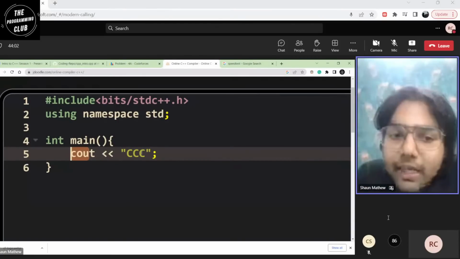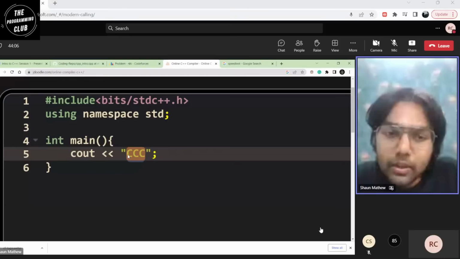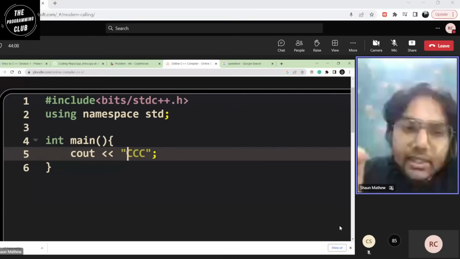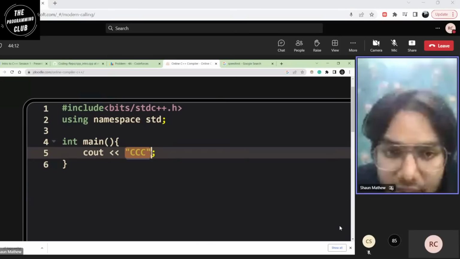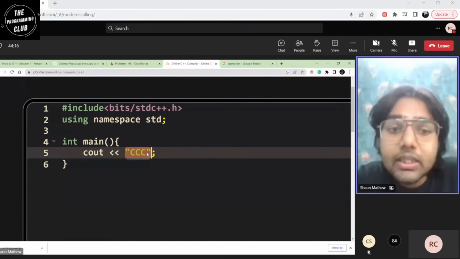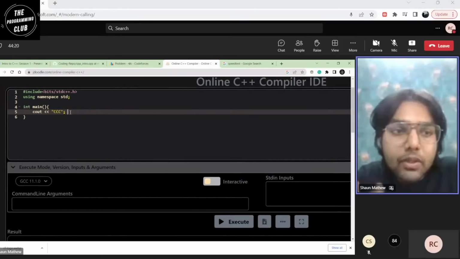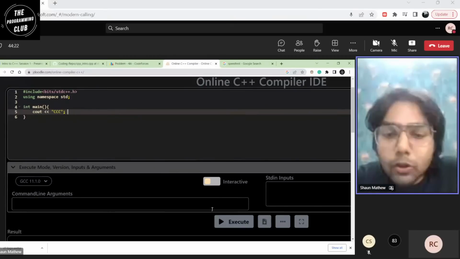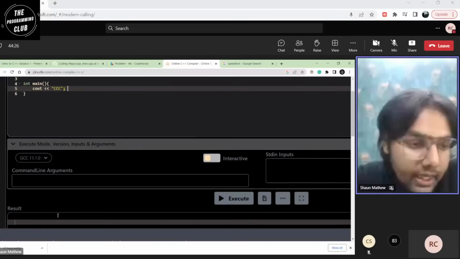We are outputting a string which is represented between two braces between these inverted commas. Okay, double inverted commas. So what you are seeing here, that CCC within two double inverted commas, is called a string. So this is a program which will function on its own. I just need to press execute, and you will see that I'll be having my result out there in this